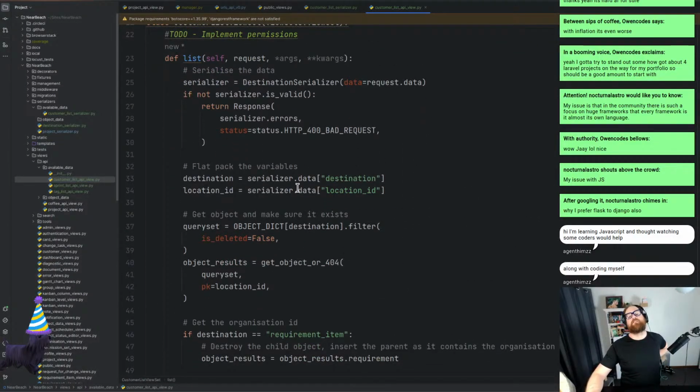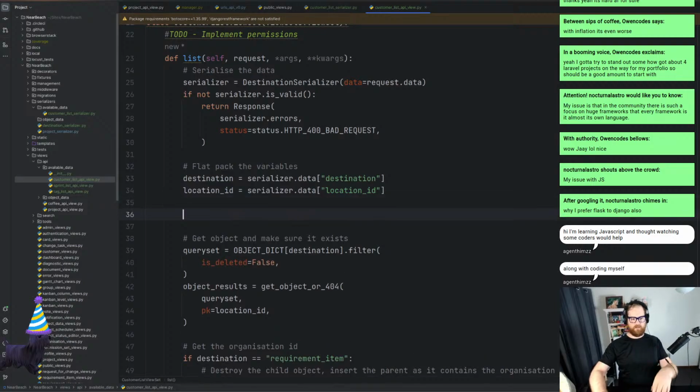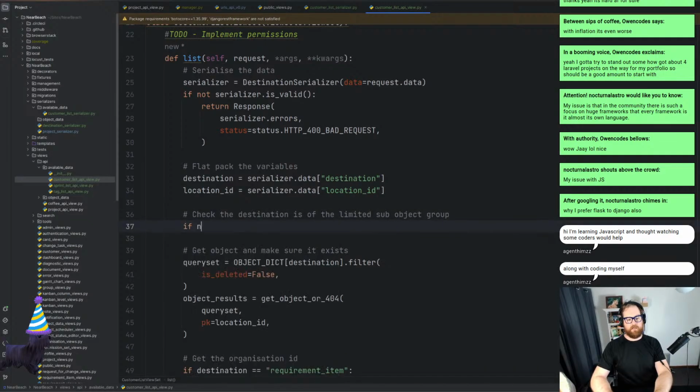So check the destination is of the limited sub-object group. If not, destination in,